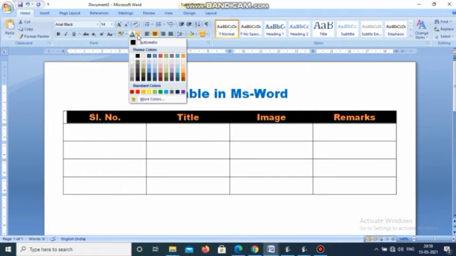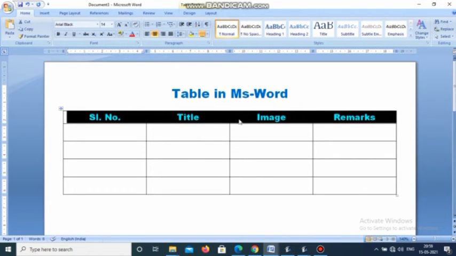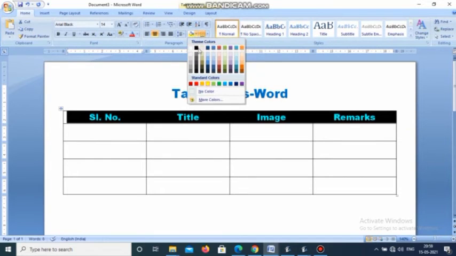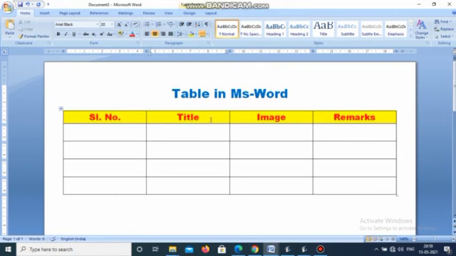If you want to change the font color, suppose I want to choose the font color red. Then click on the font color option and choose the red color. Look at here. The font color changed into red from blue. If you want to change the background of this row, look at here. The background option is here, the shading option. I want to select yellow color. Just click on the yellow color. Look. The background of the first row has been changed and the font color is already changed. Everybody can see it already.